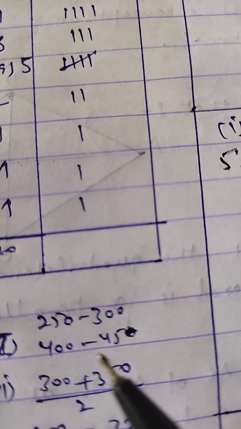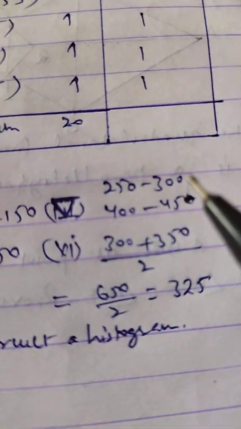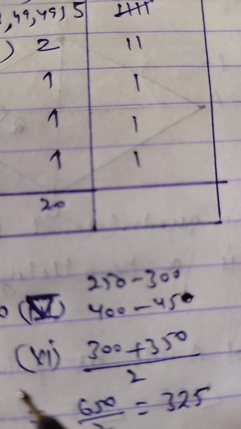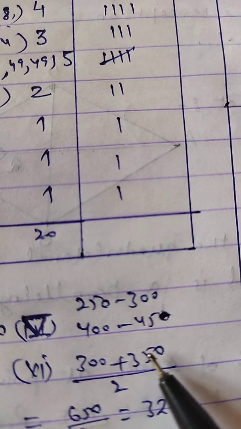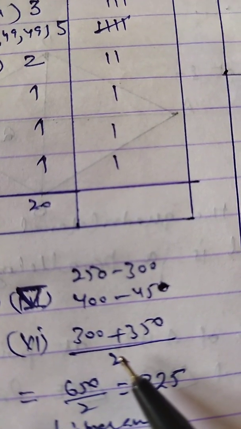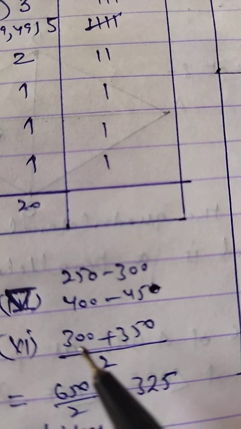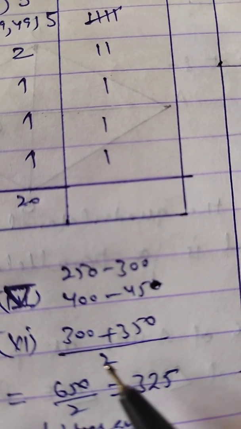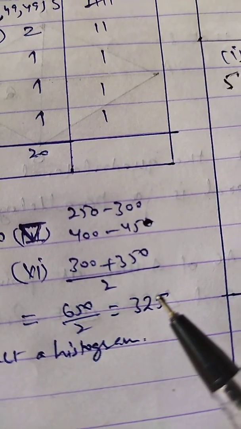Sixth part, what is the class mark of the class 300 to 350? As I told you, to calculate the class mark, you have to add the lower limit to the upper limit and divide by 2. In other words, you have to find the mean of lower limit and upper limit. So (300 plus 350) upon 2, that is 650 upon 2. So the answer will be